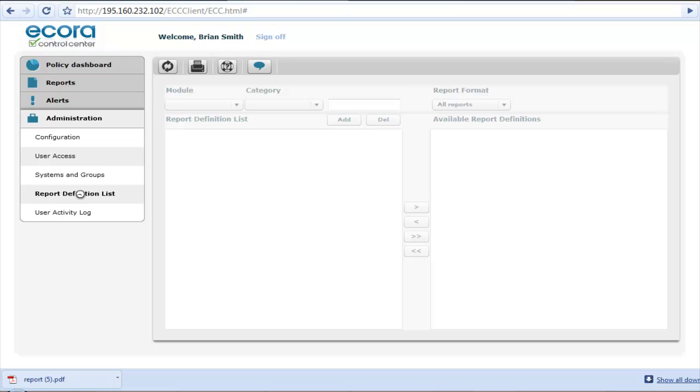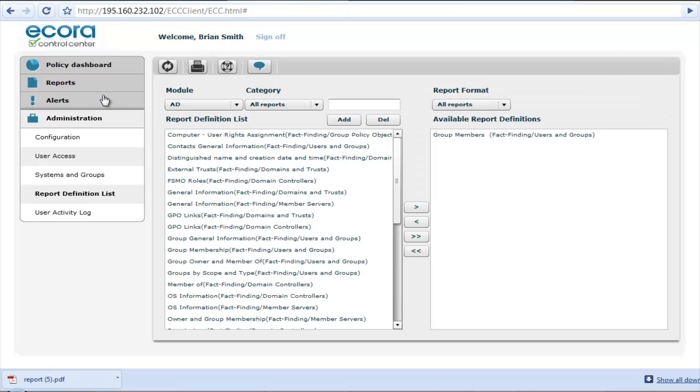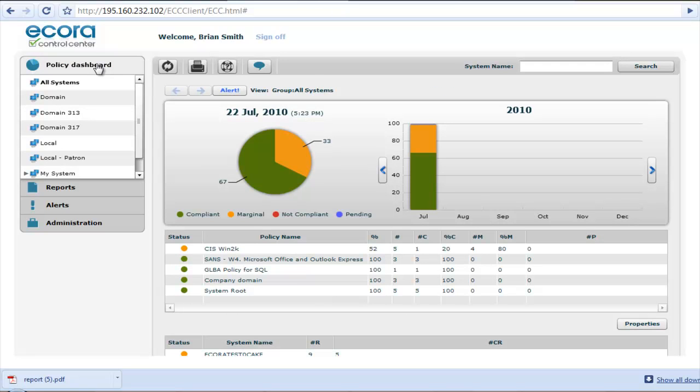This concludes our brief demonstration of the new ECC. We believe that the power of our agentless discovery, together with a new, flexible design and architecture, will help us to continue to make you a leader in IT